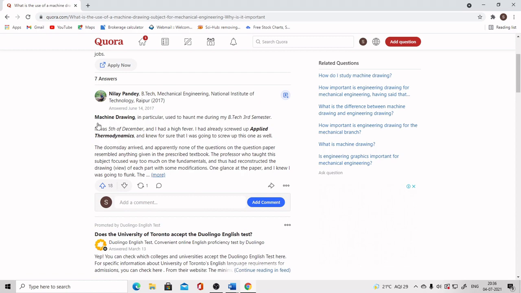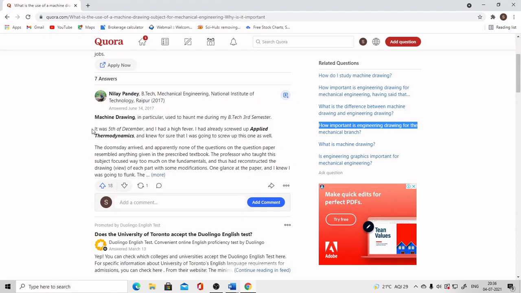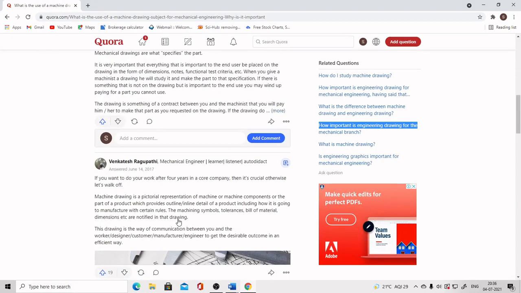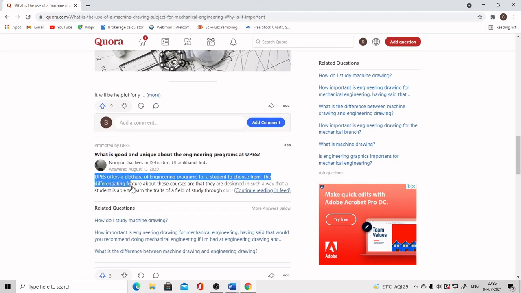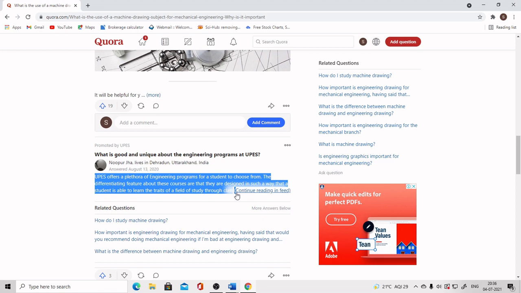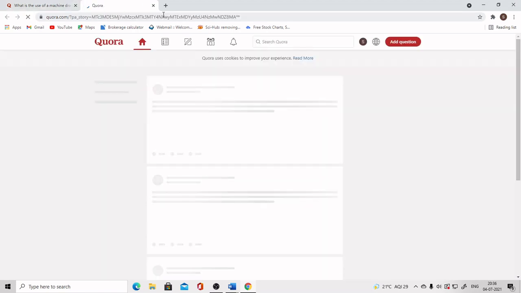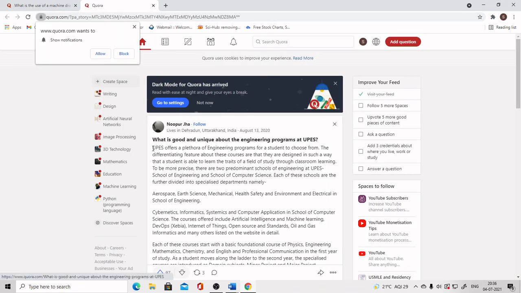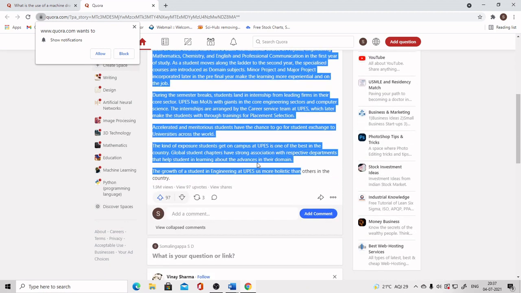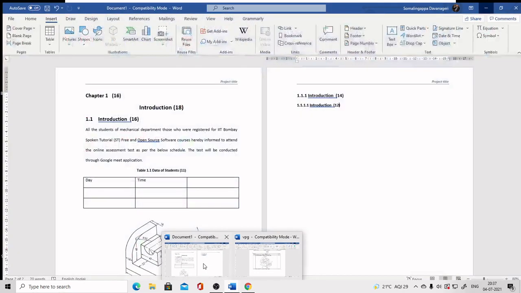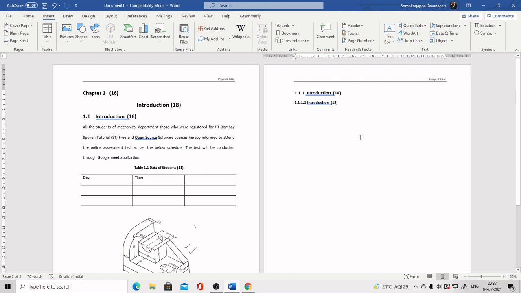Now we have copied the content, and you are going to paste it in your report. Let us see, you are going to paste it here.